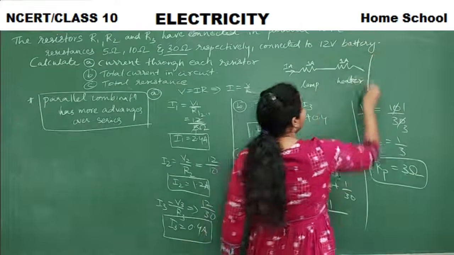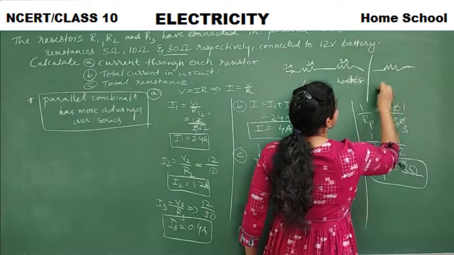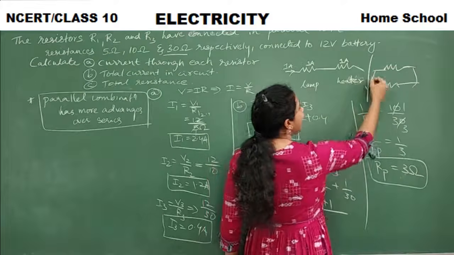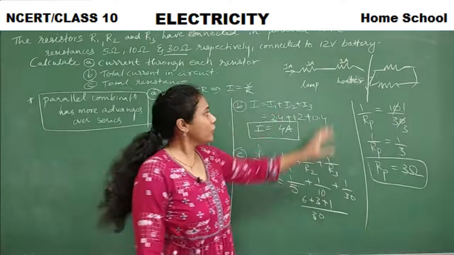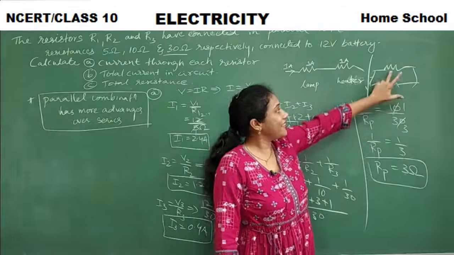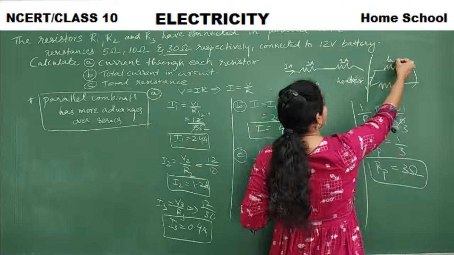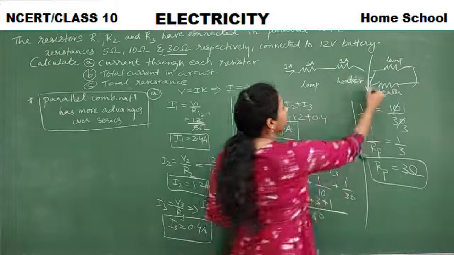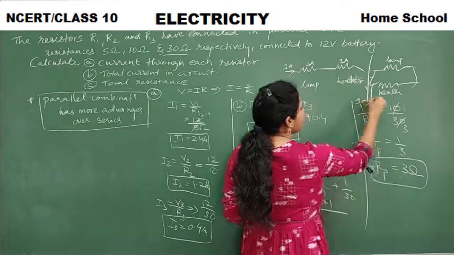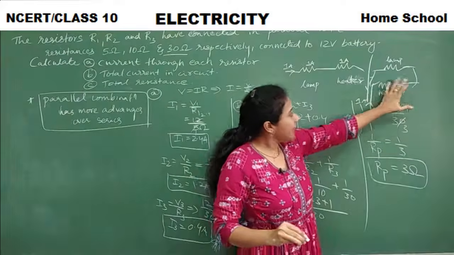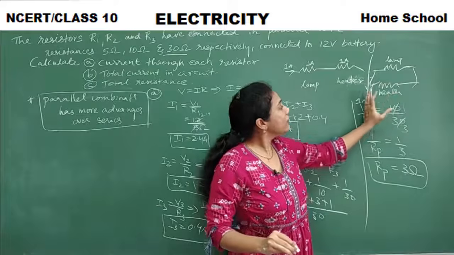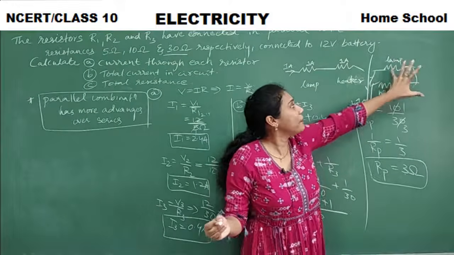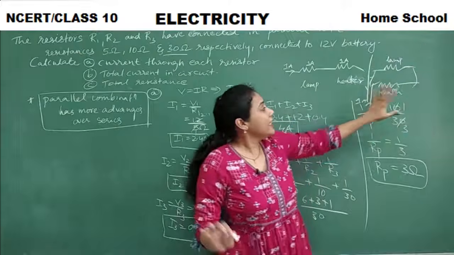Whereas if you connect them in parallel, what would happen? See, I will connect them in parallel. Current will get distributed, yes or no? According to the resistance present in a device. Say this is a lamp and this is a heater, connected in parallel. So 1 ampere of current is flowing in the circuit. Since the heater requires more current, more current can pass to the heater. Less current can pass to the lamp because both are connected in parallel.